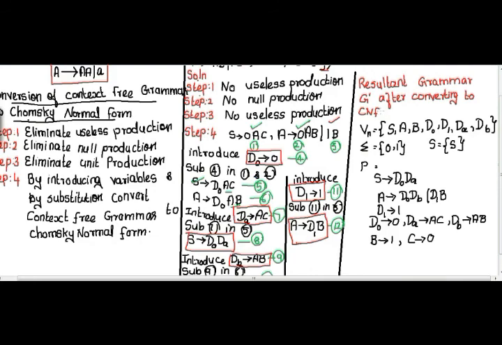This is the resultant grammar G dash after converting to Chomsky normal form. If you see this grammar, after the arrow I have two capital letters, that is two non-terminals. Here also I have two non-terminals denoted by capital letters, and here also two capital letters. Here one terminal is denoted by a number, and two characters which are also non-terminals. Two non-terminals are here, D suffix B tends to AB, and after the arrow one terminal is there. Hence this production is in the form of Chomsky normal form. This is how we have to convert a context free grammar to Chomsky normal form.